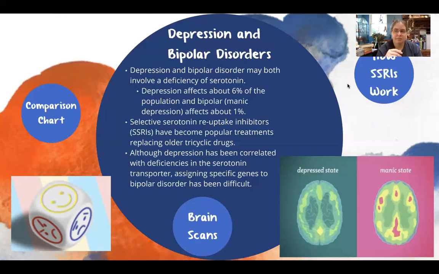For the longest time, bipolar disorder was just classified as another version of depression. So it was being treated the same as depression, but the treatments weren't really helping people all that much. And as technology got better, we learned more about it, and we realized that it's something completely different. It's not just staying on one side of the emotional spectrum, it's bouncing between the two sides. And that means that there's something else going on. So we're still studying it. We're still trying to figure out what it is. They do have some treatments out there, but they're working on it to see what's the best course of treatment right now.